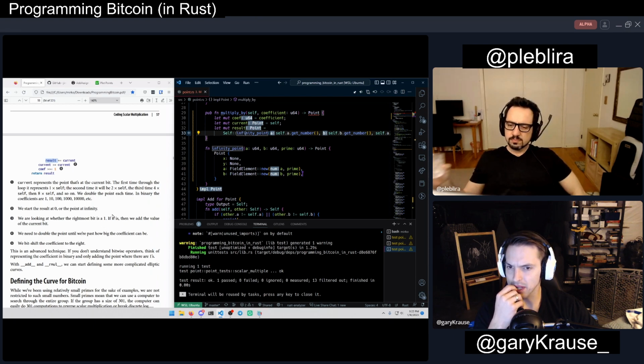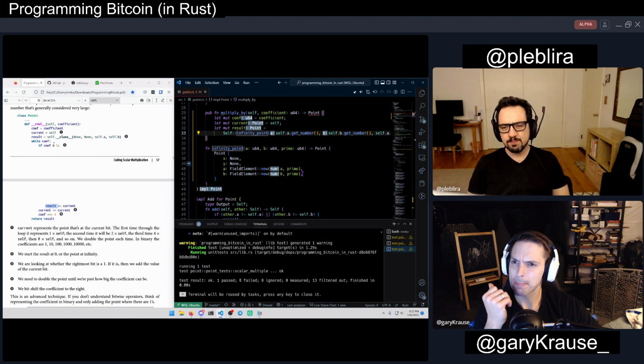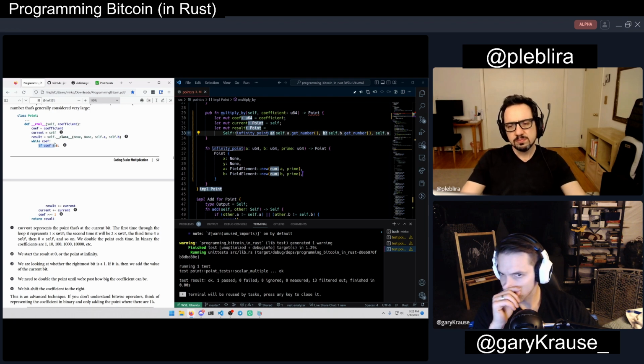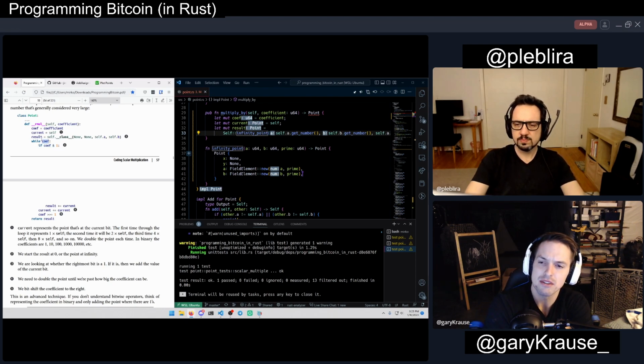If it is, we add the value of the current bit. So we'll have to look up this operator. And this is going to be interesting because